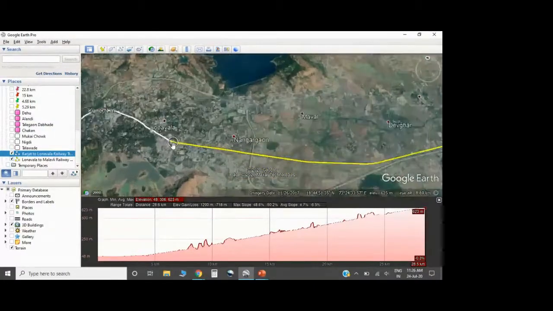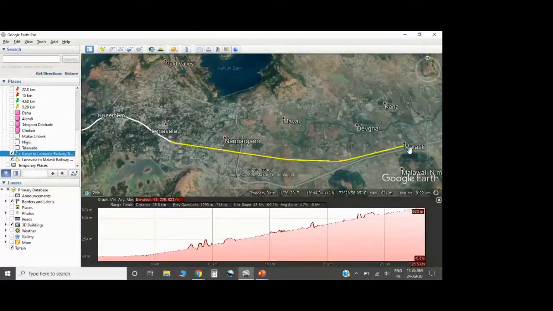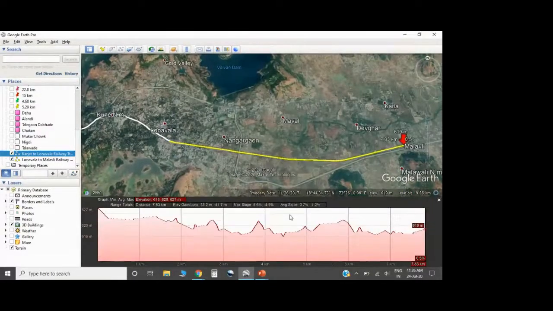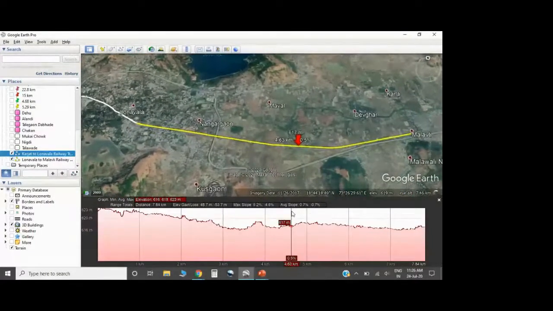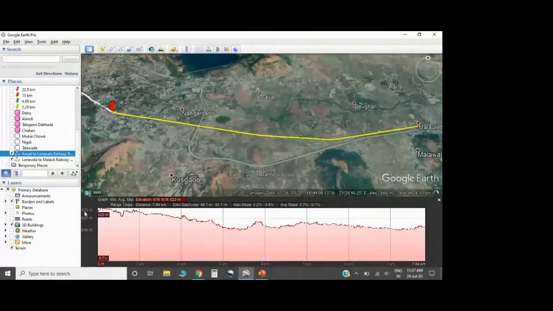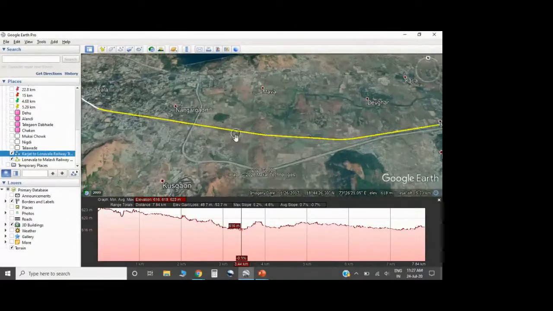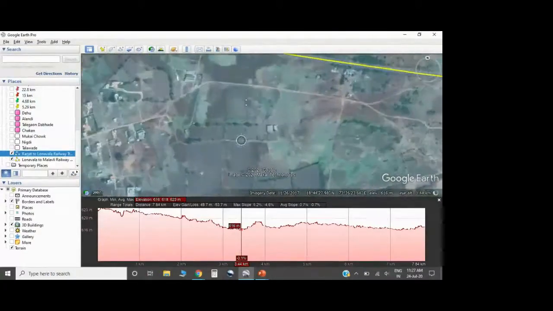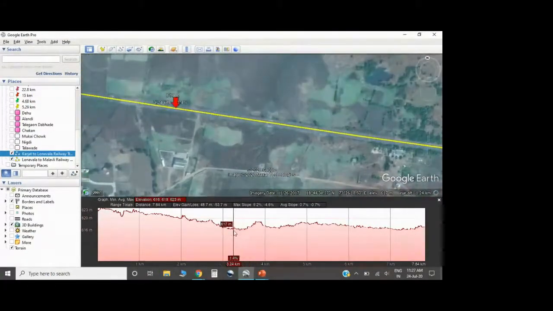Another line I have drawn here is the yellow line. Now this yellow line is again a railway track, but now it's from Lonavala to Malavali. Those of you who have traveled by local, from Lonavala to Malavali, if I find the elevation profile now, you can see spikes, but if you see on the left side of this graph, the elevation variation is quite less. It's 623 to almost 616 at the lowest over here. Maybe there is a bridge or something here. Okay, at this section, the topography has sunken.